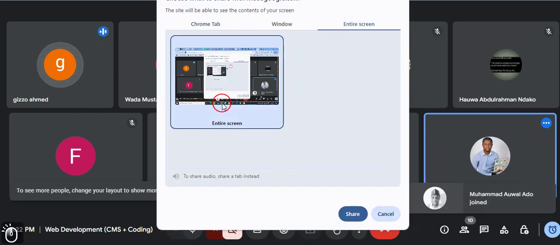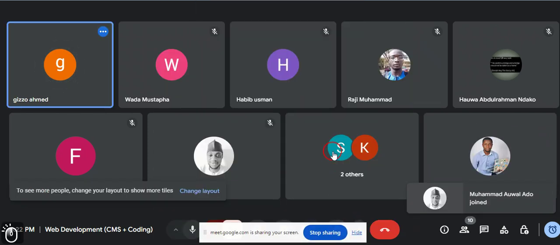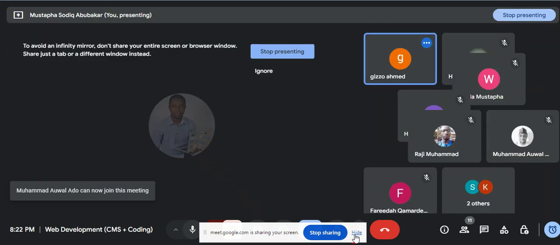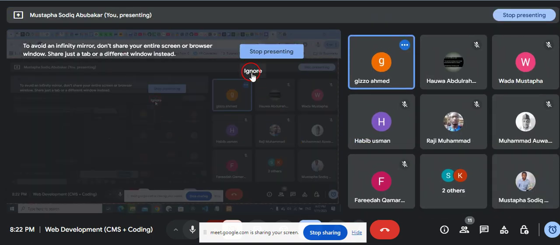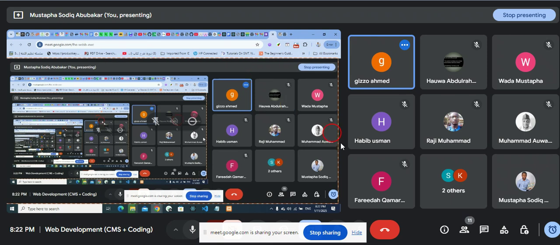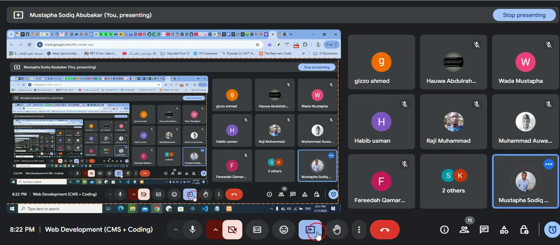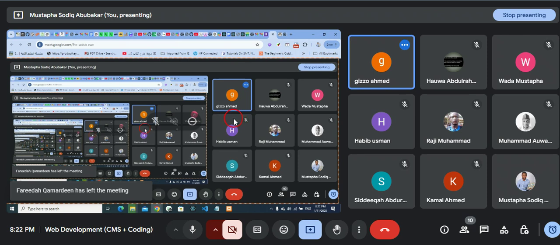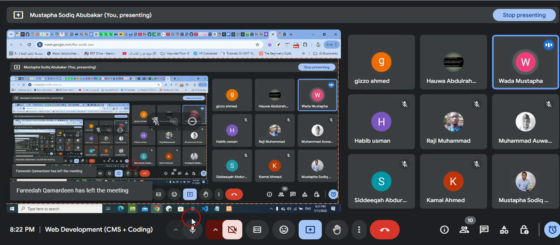I can hear but can't see. Let me reshare. Don't worry. Can you see my screen back now? No, it's showing you lost your network connection, trying to reconnect. What about now? Can anyone confirm this? Yes, the screen is back on.